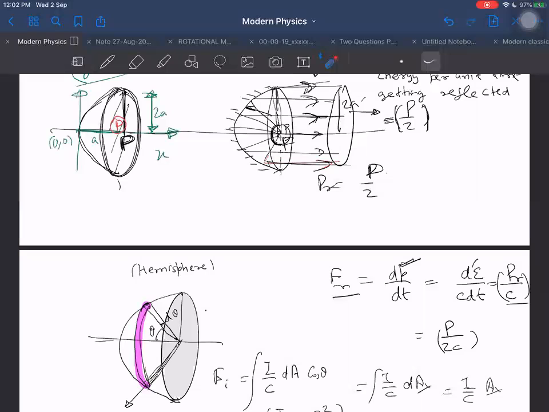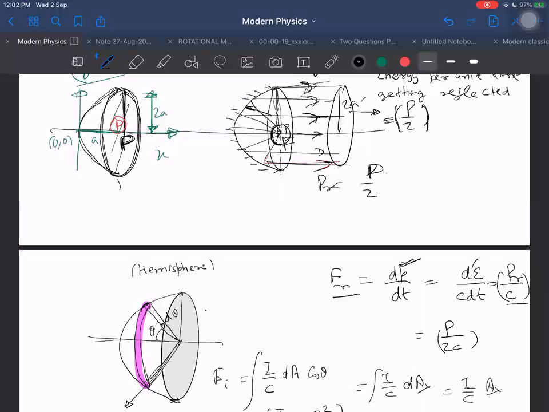Now I am saying that you assume the process is taking place in two steps. Once the photons are getting absorbed and then retransmitted, as long as the change in momentum is the same, the impulse imparted will be the same. So I'm imagining it as a two-step process, absorbing separately and then reflecting separately. Although it takes place instantaneously, we can think like that. There is no harm in doing that. It is equivalent. So I'm breaking it into two parts, one part only for reflection, one part only for absorption.